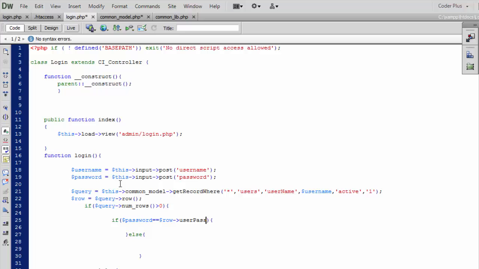if that password is equal to what I am getting from login.php, that is my view, that is my form. The value I am getting from my form, we have set it into password, and we are comparing both the fields here. If both are equal,